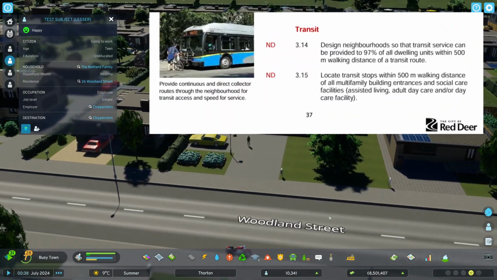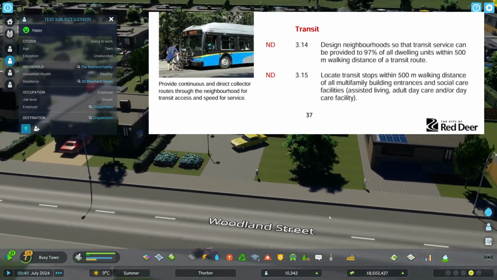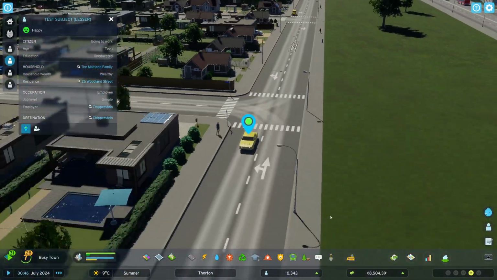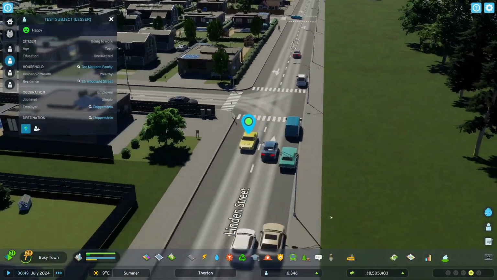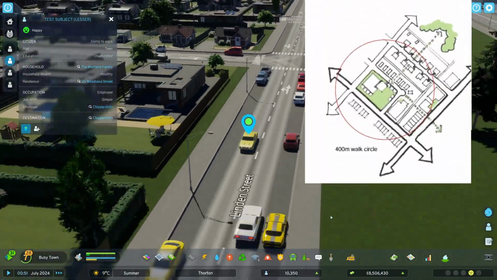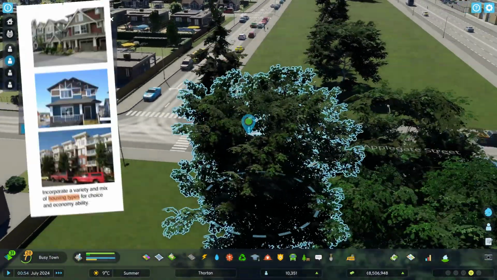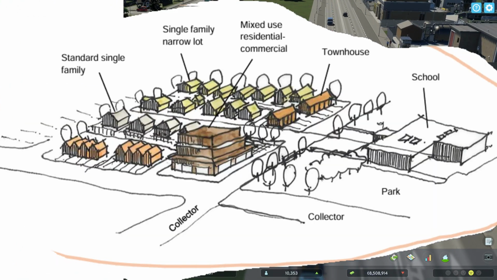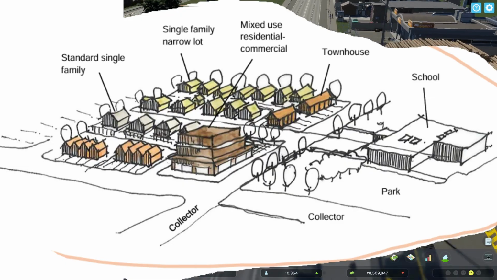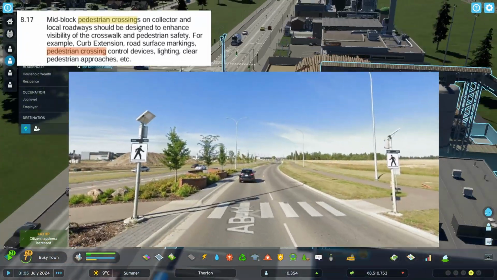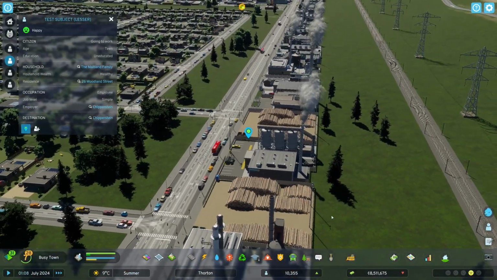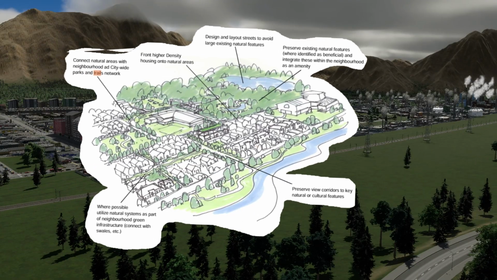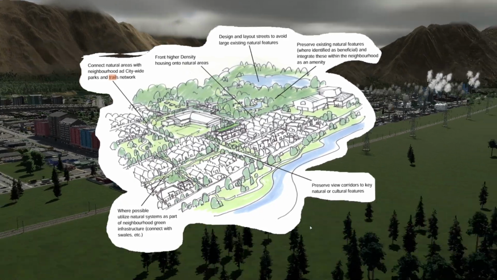There is also a multi-nodal transportation options with mixed-use commercial nodes based on a 500-meter walk radius and transport supportive densities. There is an arterial between the 2 quarter sections, a mix of housing types which transition logically between building forms, and we'll talk about this transition later in the video. It incorporates mid-block pedestrian crossings, sensitive transition in land use and scale to existing development. It also has parks and trails that are connected to a regional trail system so that you can head out